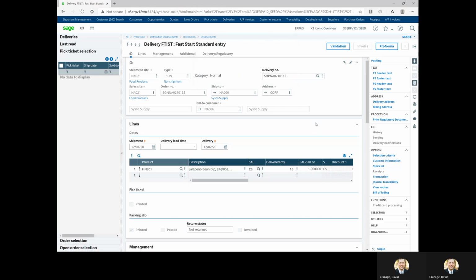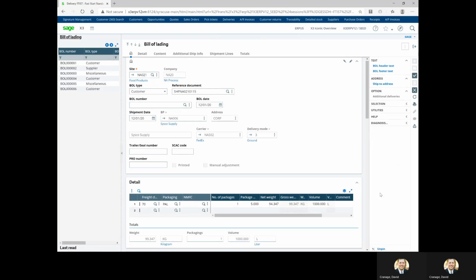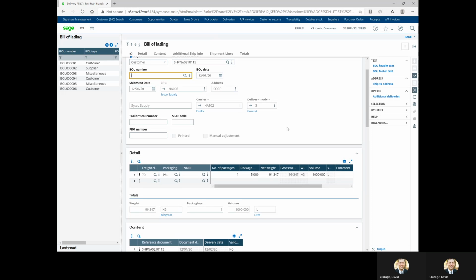But we also might need to produce a bill of lading. So from here, what I want to do is go out to the process map, or in this case, I'm going to use bill of lading here within my right panel to create a bill of lading for this shipment. And so the system, very similar to the way we created the pick ticket, is now driving me over to the bill of lading. It's created a bill of lading for me. It's got my reference shipment document. It will produce the bill of lading number for me automatically